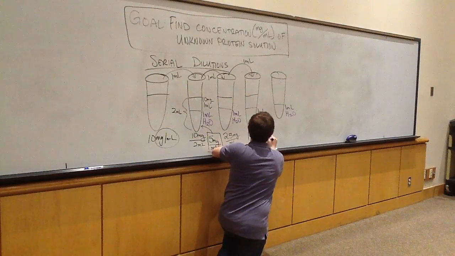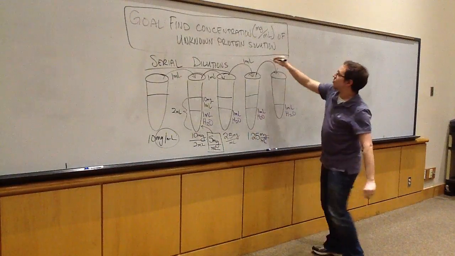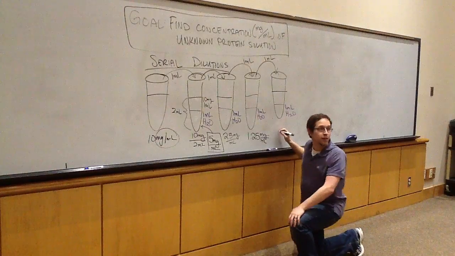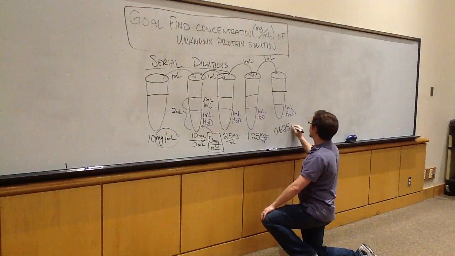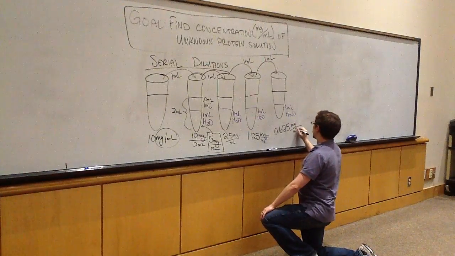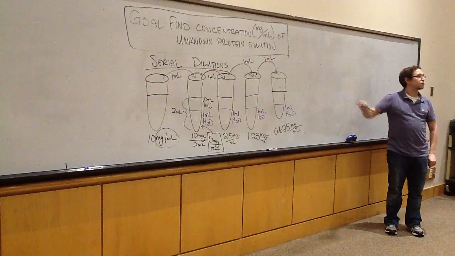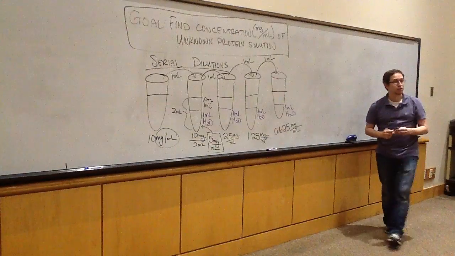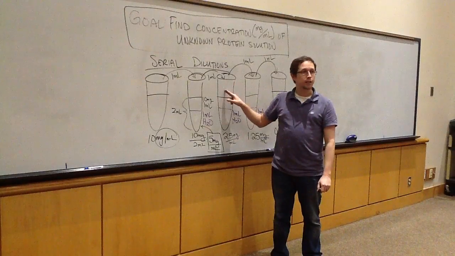1.25 milligrams per milliliter. And then finally, if I take 1 milliliter out of that tube and place it into this final tube, my new concentration there is 0.625 milligrams per milliliter. Okay? Does anybody need me to go through why we got those different numbers? Everybody understand? Okay. Yes. So, essentially what I'm doing every time I go from one tube to the next is